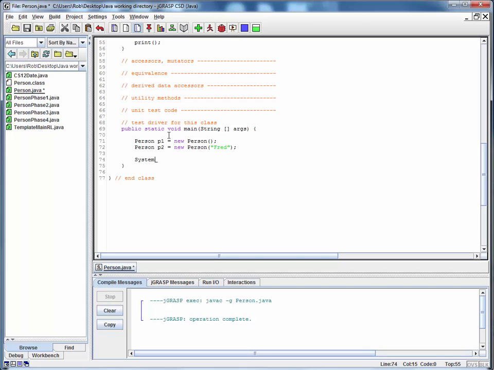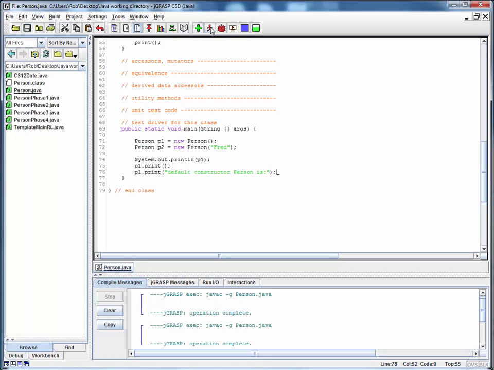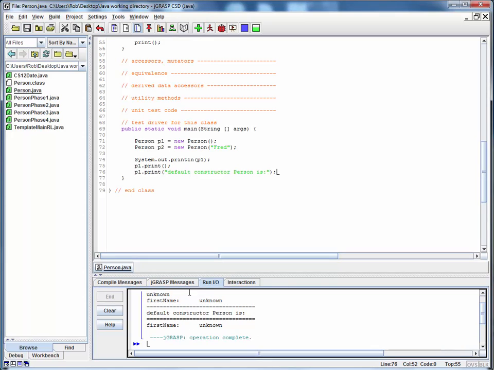So as always, let's use the implicit toString with the name of this object and print it out. And for good measure, let's also use the standard print method and also the overloaded print, which takes a message. So let's say "default constructor person is", something like that. So let's save this, compile it, run it, and